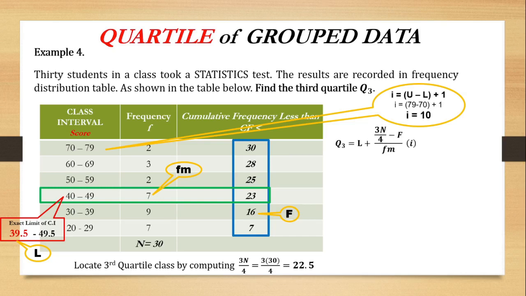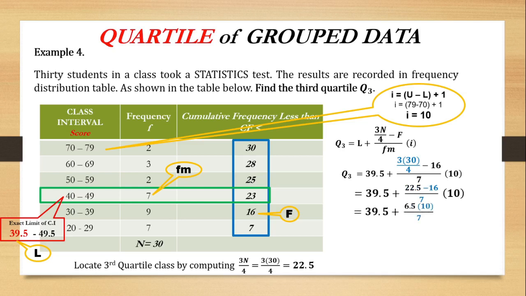After that, we are going to substitute the values into our formula for the third quartile. So we have third quartile is equal to 39.5 plus 30 times 3 divided by 4 minus 16, divided by 7, times 10. So simplifying 30 times 3 divided by 4, that gives us 22.5. And simplifying further, we have